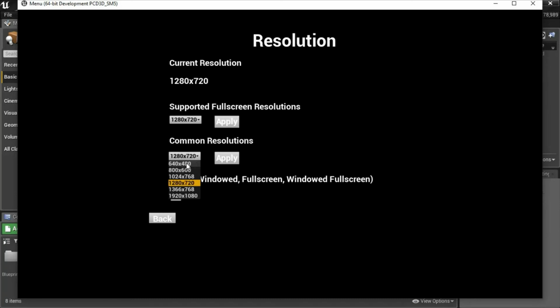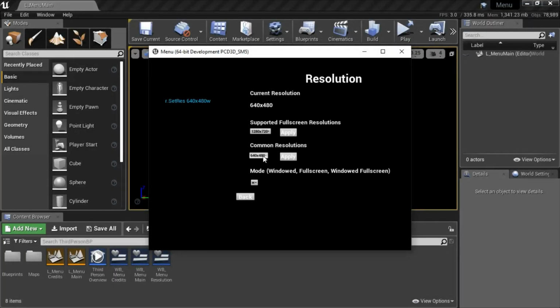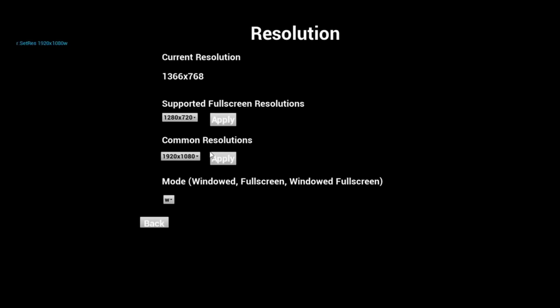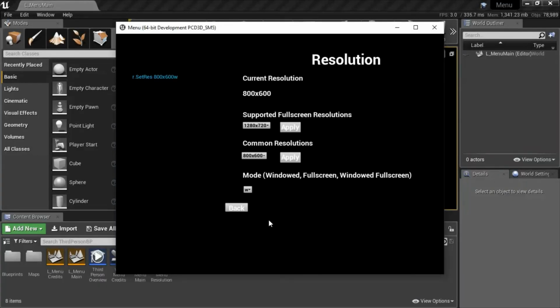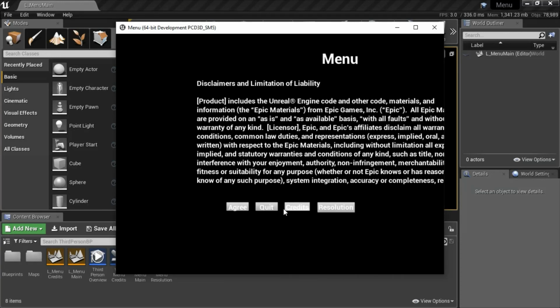Now I'm going to go to 640 by 480 and apply. Now I'm going to go to 1920 by 1080. My laptop doesn't support this resolution, and I'll apply this. Instead it goes to 1366 by 768. I'm going to go to 800 by 600 and apply. And it seems to be working okay, so I'll go back and put